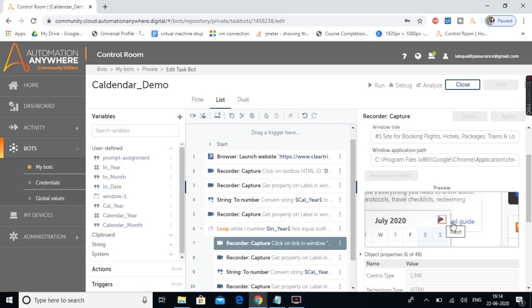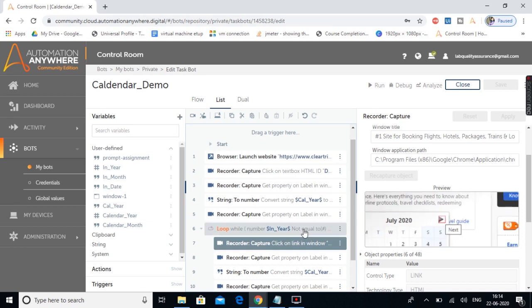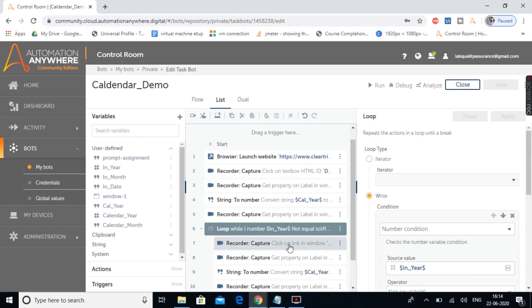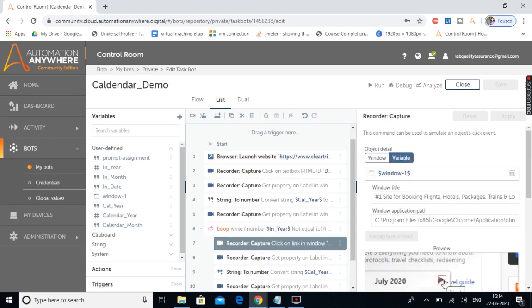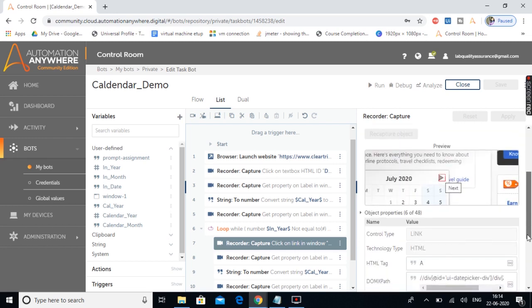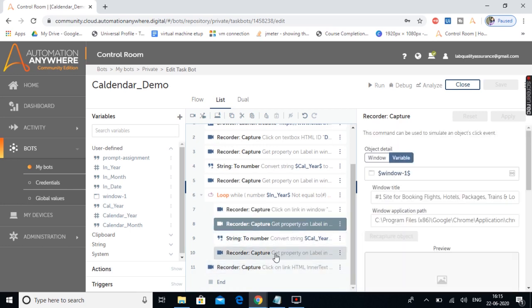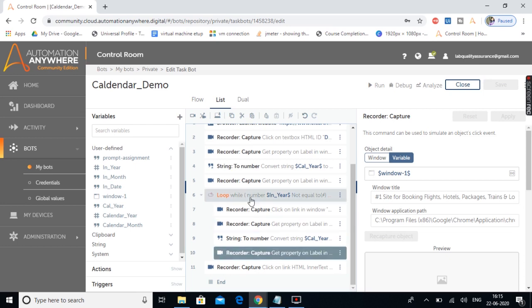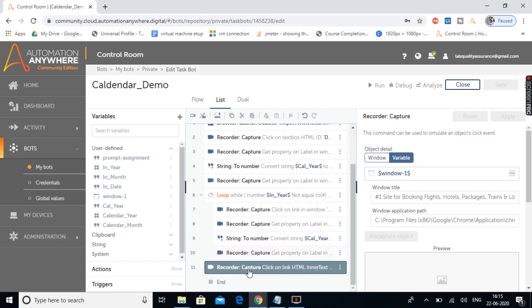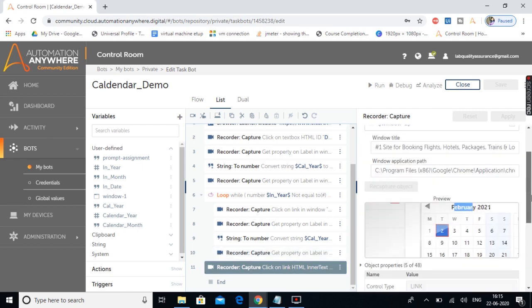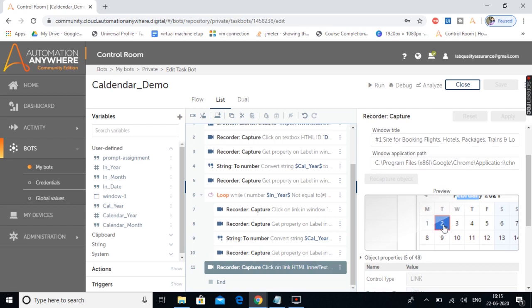So this arrow button will be clicked until any of these conditions is satisfied. And when we click on the arrow button, every time we will get a new calendar. So that's why we captured the calendar year, and then we captured the calendar month again inside the while loop. And when we move out of the while loop, that is the input year will be equal to the calendar year and input month will be equal to the calendar month, at that condition, we are going to select the date and click on the date.